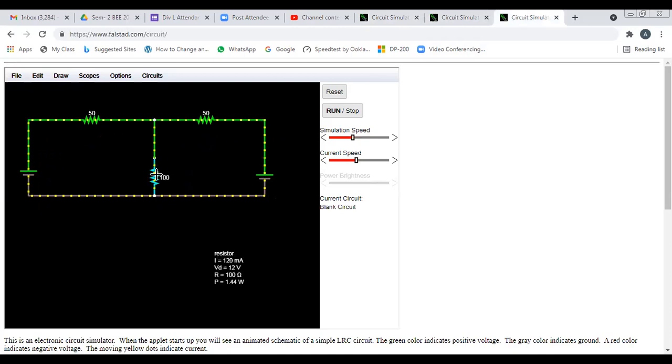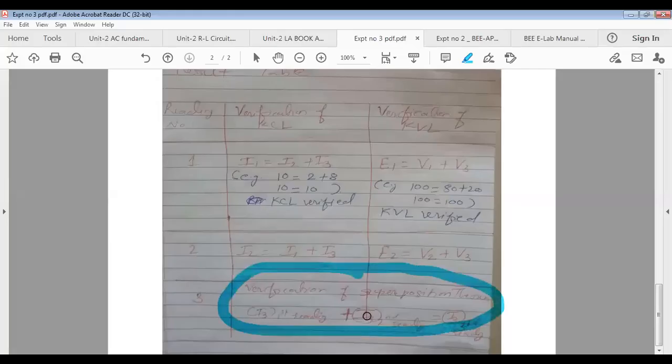So see, when both are there, how much are you getting? 120. Got it? So we'll write 120 is equals to 80 plus 40. That is 120 is equals to 120. Then we'll say there in the result table, superposition theorem is verified. Is this experiment clear to you? Yes, ma'am. Okay.